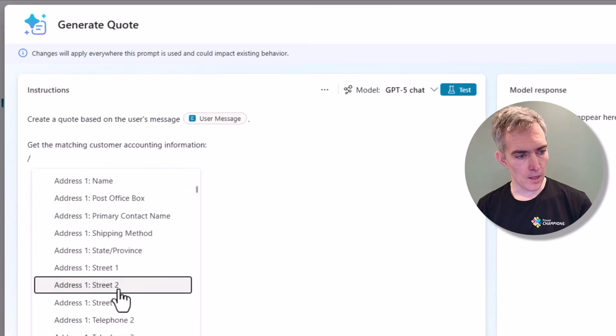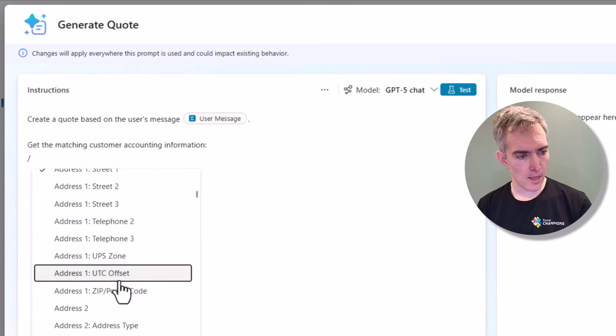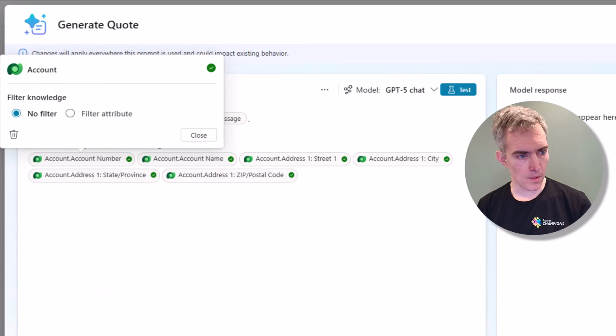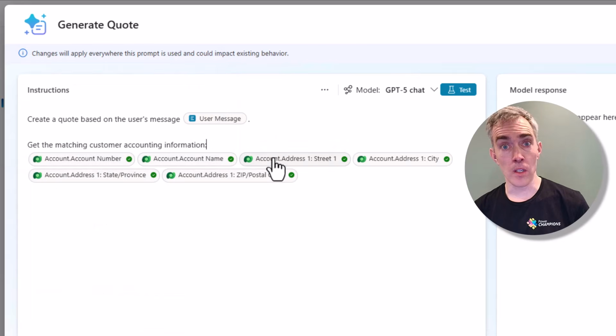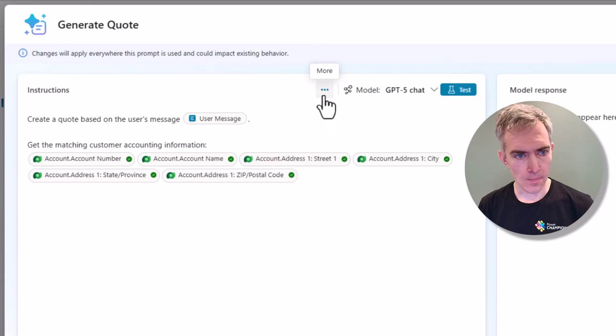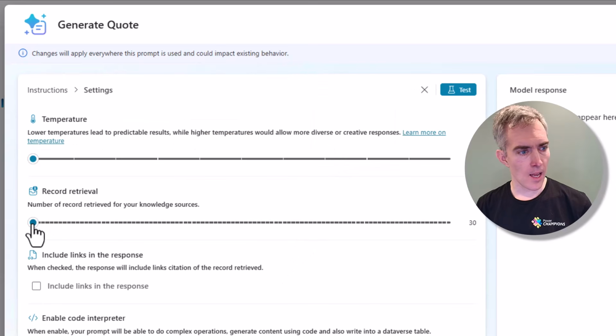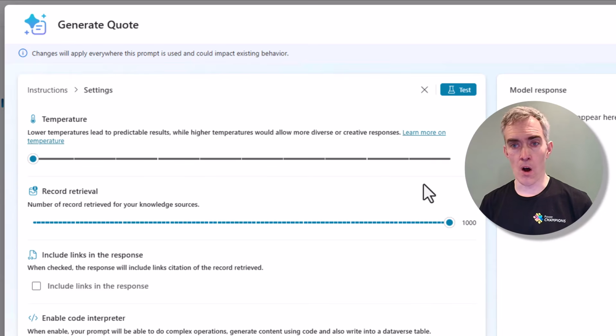I've also got the street, city, state, and the zip code. I'll click add. Then all of these fields are now populated within the prompt. The other thing that you'll want to do is come on over to the prompt settings and bump up the record retrieval. I'm going to set this up to 1,000 here, which means that if our accounts table has 1,000 records, the prompt will consider all of them to see if they're a match for what the user has typed